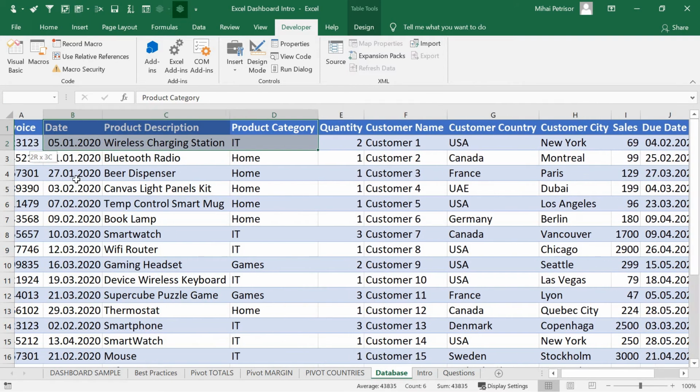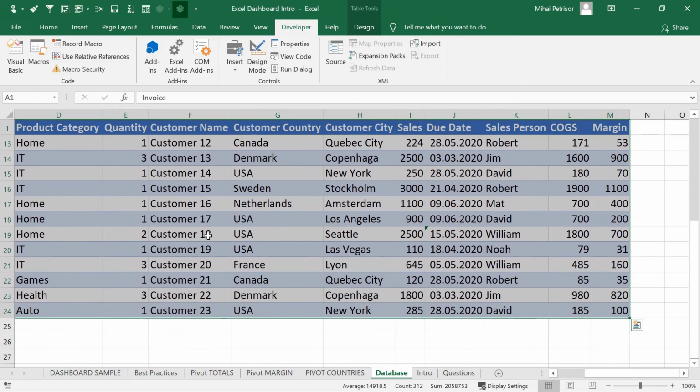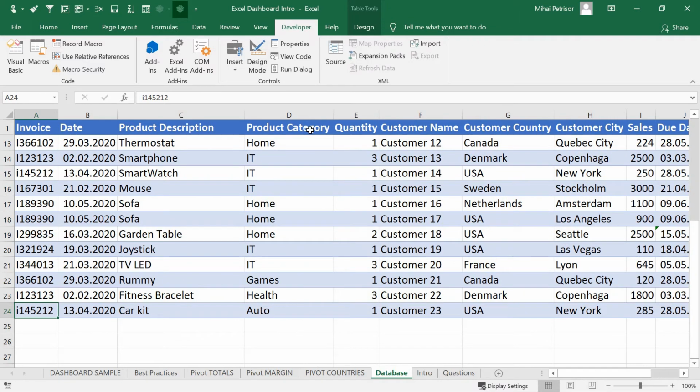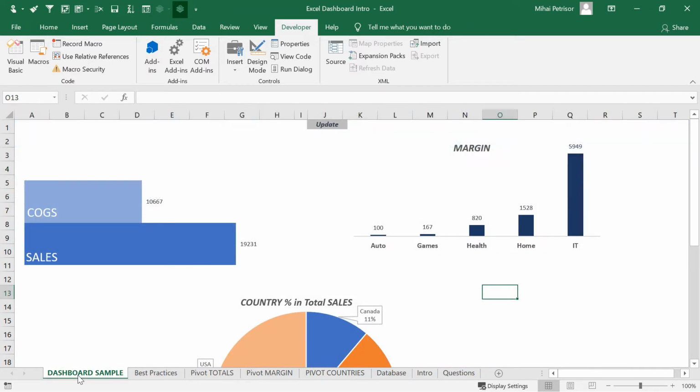Let's try to select the table and check it. As you can see, we have a table of 24 rows, but normally nowadays you can have thousands of rows. That's why the dashboard is the best way to summarize your figures.